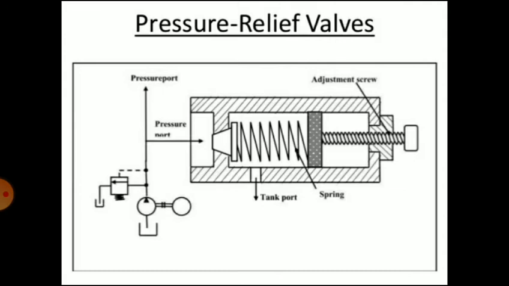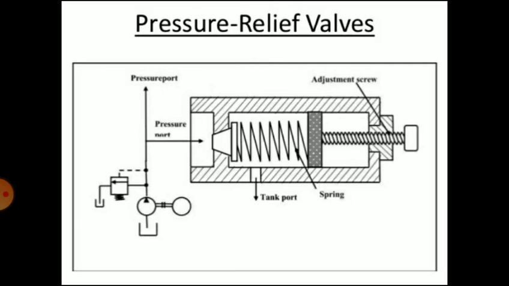The relief valve performs this function by diverting the excess flow from the pump to the tank when the required pressure level is reached. The pressure relief valve is a normally closed type valve, but when it is actuated, it is shown by the shifting line coinciding with the flow. So the first type of pressure relief valve is the directly operated pressure relief valve.